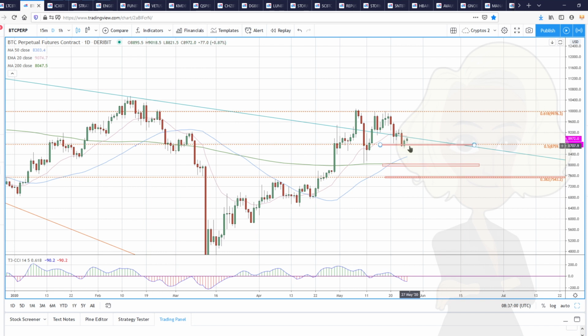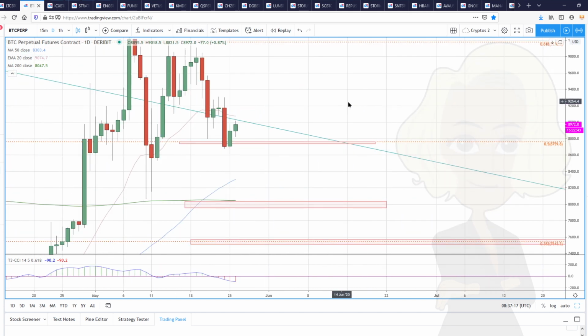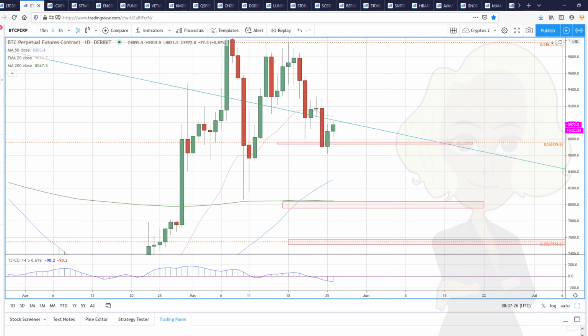So the key question here is, are we going to launch away from here, or is this just another inside bar before we continue our journey lower? Well, I think there are a couple of ways in terms of candlesticks, as we discussed last night. A close above this daily 20 moving average, which at the moment is around 9,000, would be a good confirmation of a